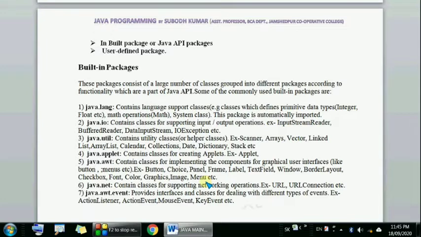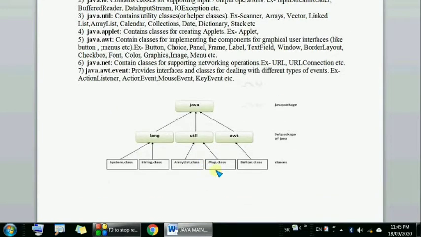For example, ActionListener, ActionEvent, MouseEvent, and KeyEvent classes. So these are some of the important built-in packages and their classes. In the diagram you can see the Java packages lang, util, AWT, and important classes which are defined in these packages.